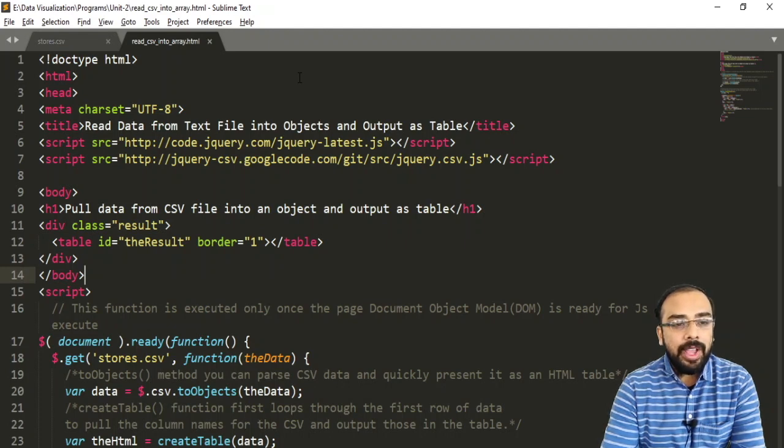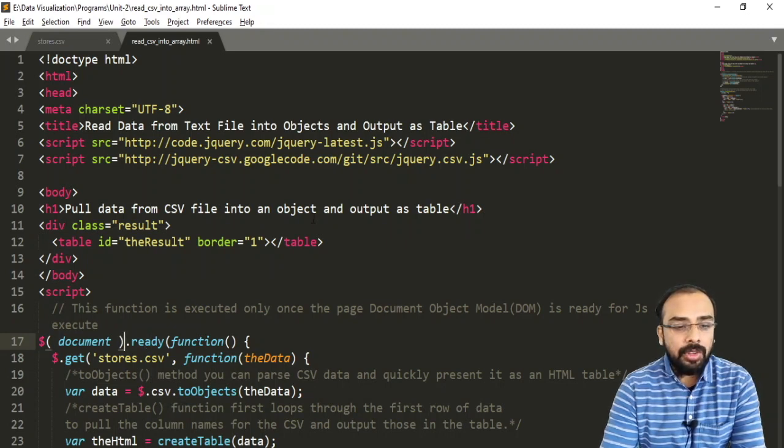Now we require a function, or we require the use of JavaScript. So for that we have to first use our script tag. Now whenever we have to read a particular data, we have to make use of ready function. Now what is the purpose of this function?